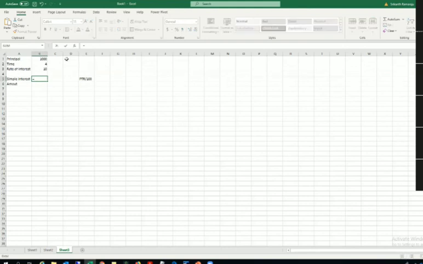So I multiply principal times 4 times rate of interest, divided by 100. So what I'm saying is, if I borrow a loan from the bank, $1,000 for a period